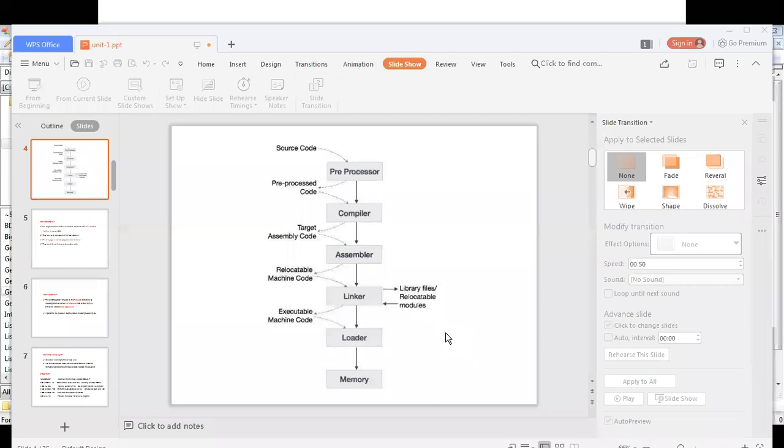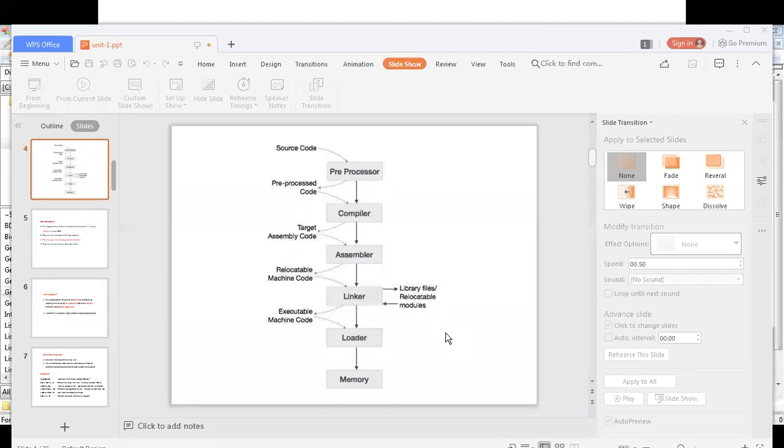All the parts of that machine code will be linked with one another using this linker. For example, the relocatable machine code of the assembler has four parts: part 1, part 2, part 3, part 4. The assembler has given four parts of the machine code. Now it is the duty of the linker: which part is depending on which part?